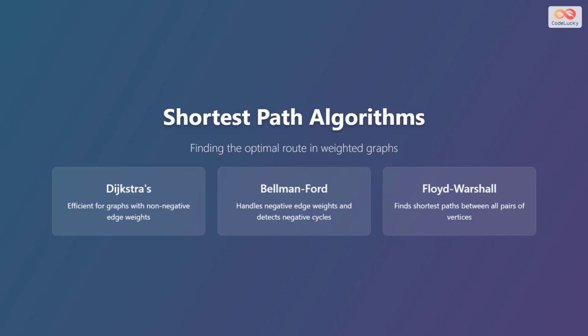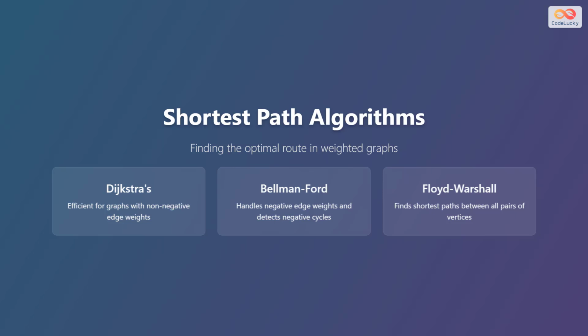Hello everyone, welcome. Today we are diving into the world of shortest path algorithms. Specifically, we will focus on finding the optimal route in weighted graphs. Weighted graphs are graphs where each edge has a weight, representing the cost, distance, or time to traverse that edge. In this presentation, we will explore three fundamental algorithms for solving this problem: Dijkstra's algorithm, Bellman-Ford algorithm, and the Floyd-Warshall